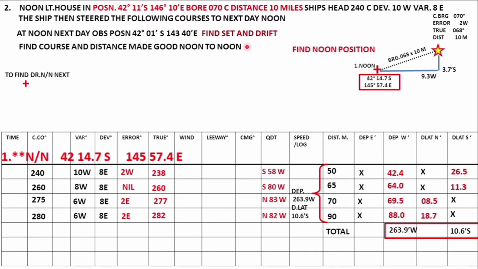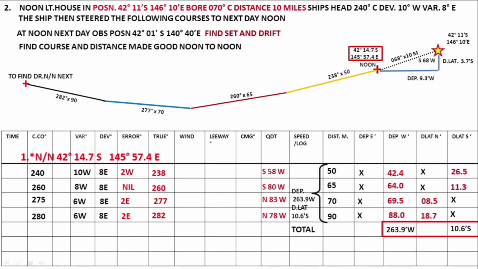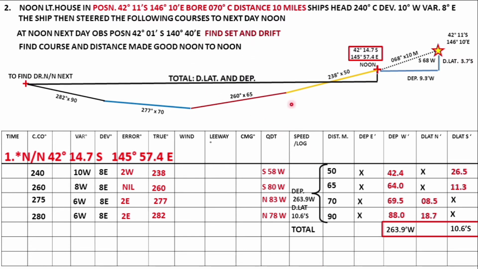Now I require to find out the DR position here because I have to find out set and drift. So using all these courses given to me, and all these departures and DLATs I have calculated, I can calculate the DR by knowing the total DLAT and total departure which is given to me here, and from the known position I calculated, which I have written down here, I use the DLAT to get my latitude for DR,